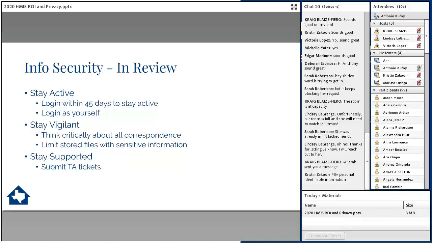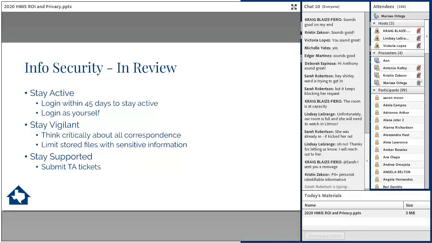Think critically about all emails that come through, especially if they're asking for sensitive information. We also want to limit the number of files that we're storing on our computer and on the server. And then stay supported. If you have any questions, go ahead and send them through a client track ticket or an email at hmis@thn.org. So I'm going to go ahead and pass things over to Marissa.